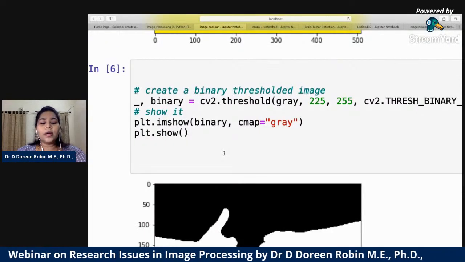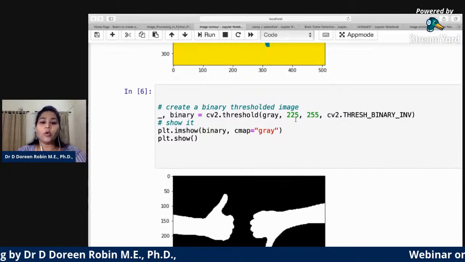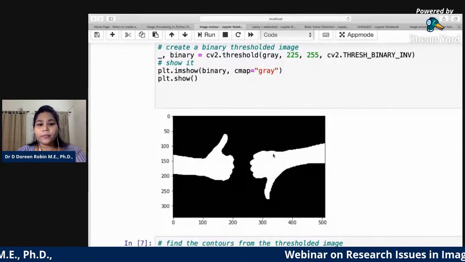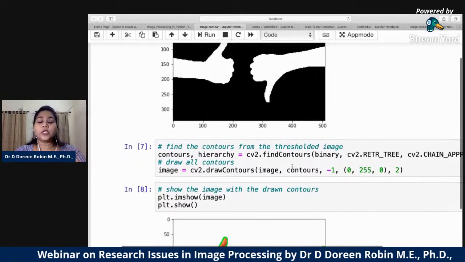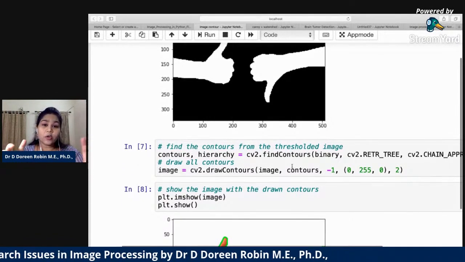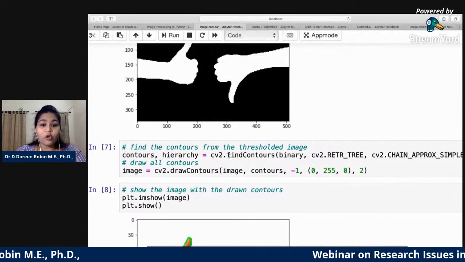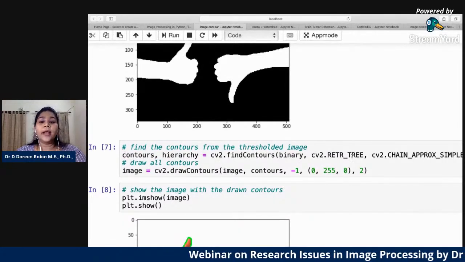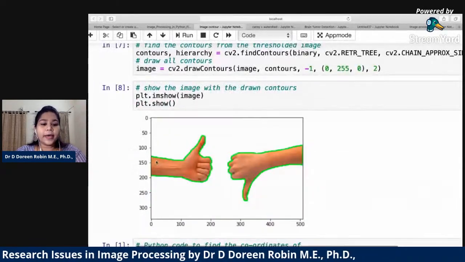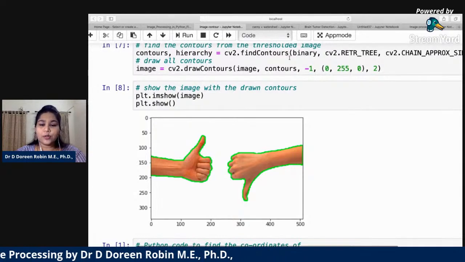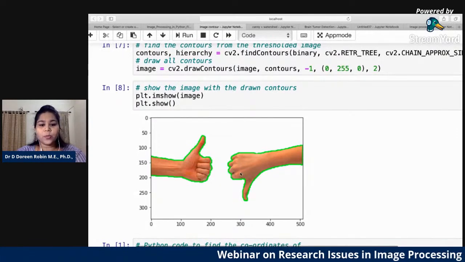Now here I'm going to use a binary threshold image. I'm going to take the binary value of it, and can you see, this is my binary image. After I get my binary image, I told you that in medical applications, finding the contours or the edges of the disease, where it is affected, plays a vital role. So I'm going to use the function called findContours, the edges. I give the parameters it needs, and now I can draw my contour. So this function is used to find the contour, and this function is used to draw my contour, and I'm just showing my image with my contours.